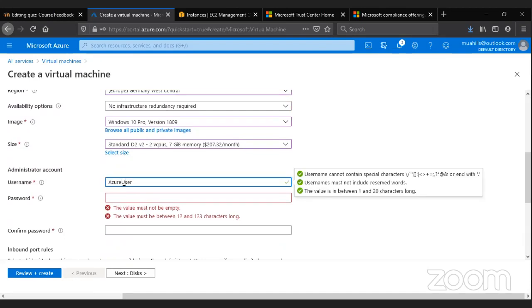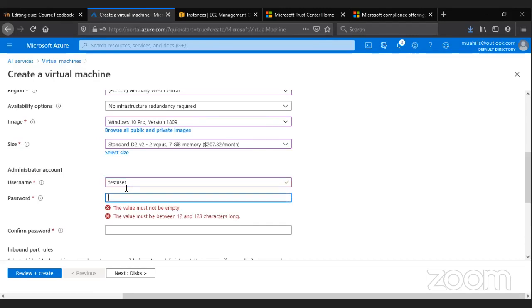Then we come here with the username. We can call that user test user, yeah. And then for the password, we can put a password.